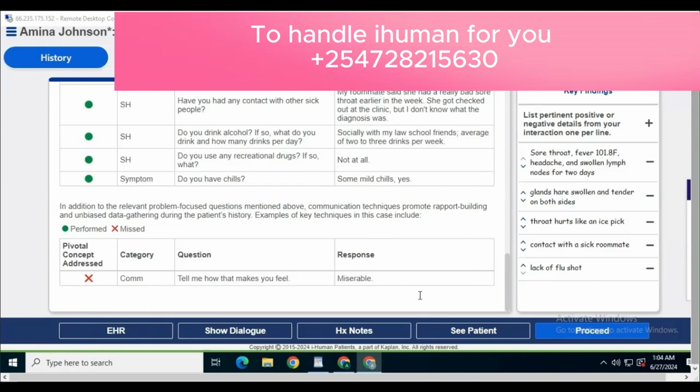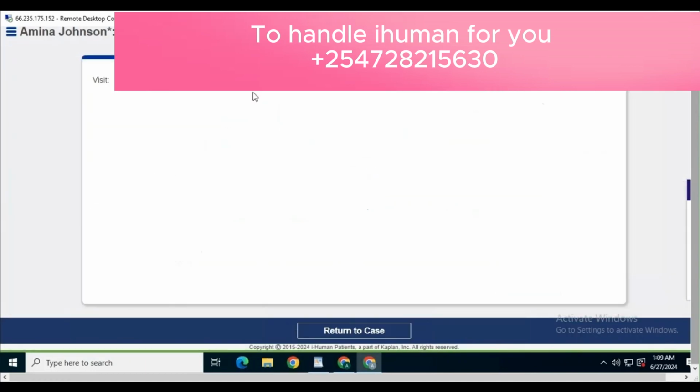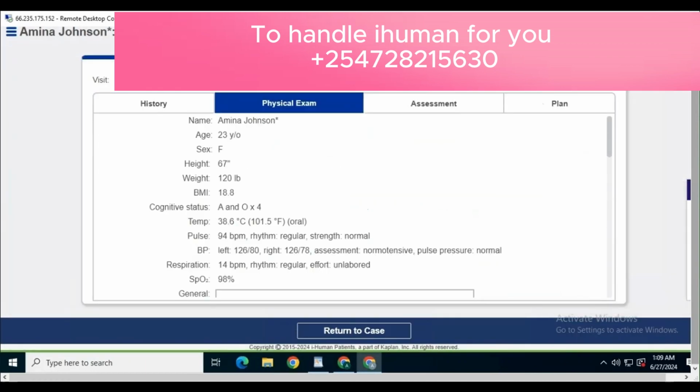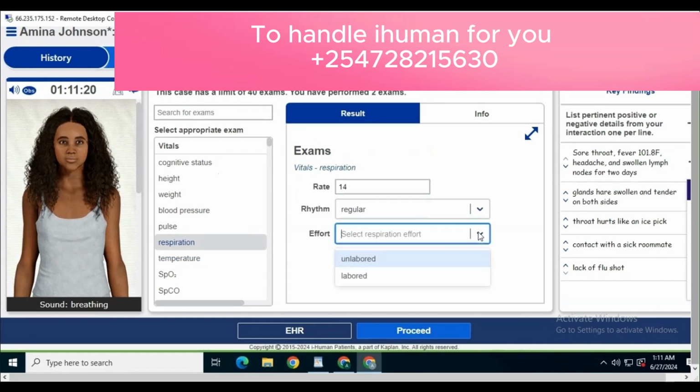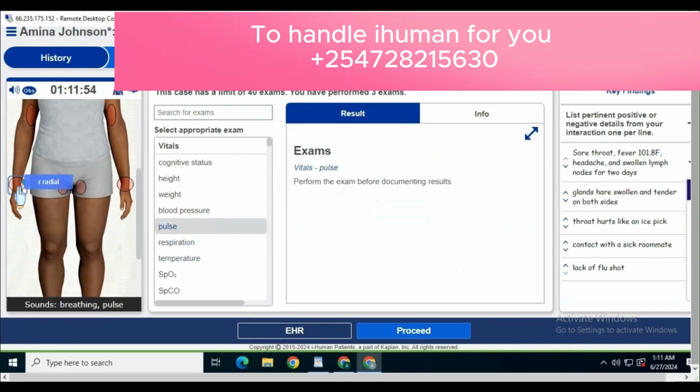So from these answers, what I was doing in this section is I was looking at the questions and the required questions and the answers, and then counter checking them with what I'd keyed in the EHR section. Now after history, then you have to move to the next section, which is conducting a physical exam. Now before you start the physical exam, yes, you are required to visit the EHR section,